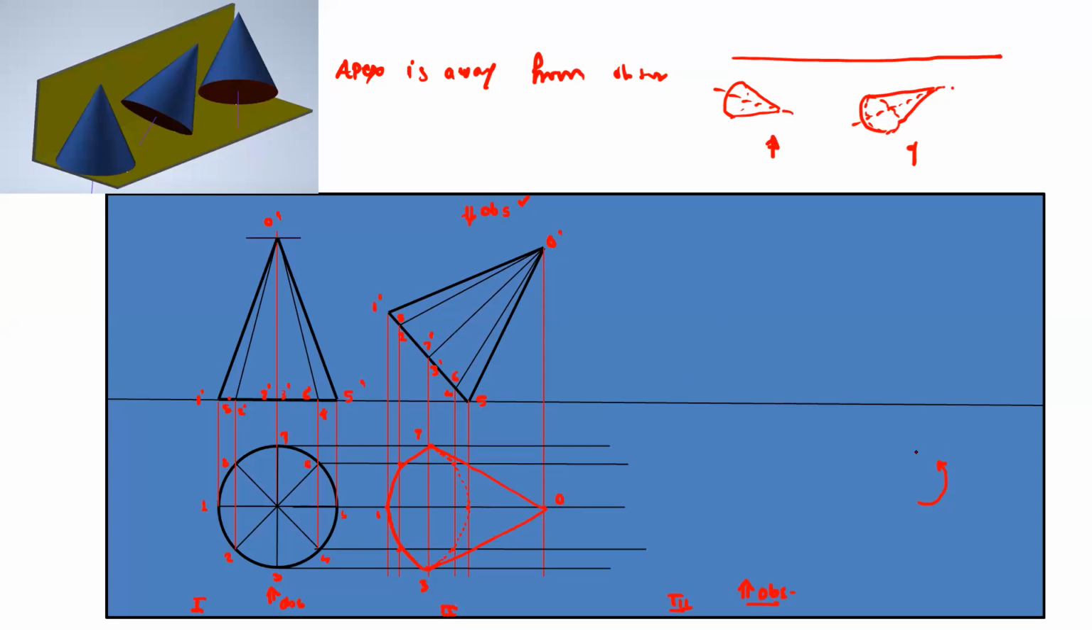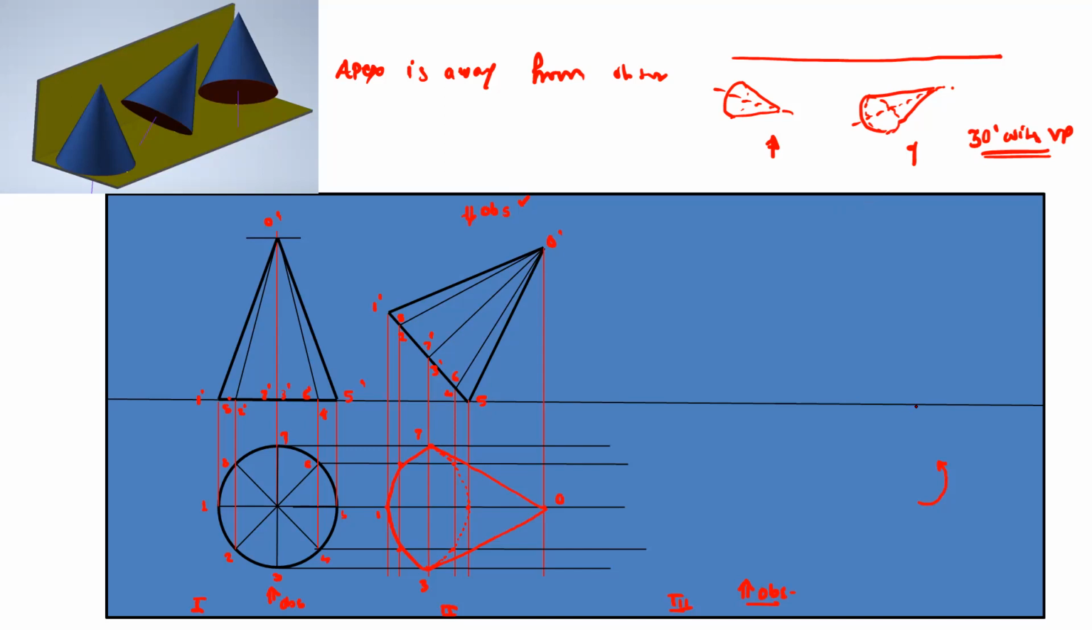First, find out the apparent inclination. Okay. So inclination 30° with the VP. This is the true inclination of the axis with respect to the vertical plane. Okay. But true inclination is not visible in the actual top view. Okay. So we have to find out the apparent inclination. So for that,